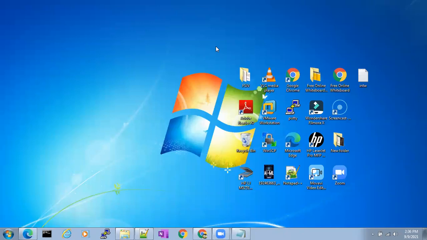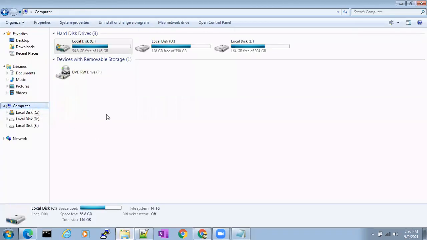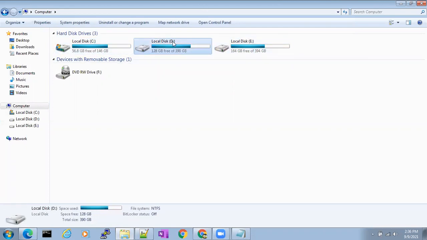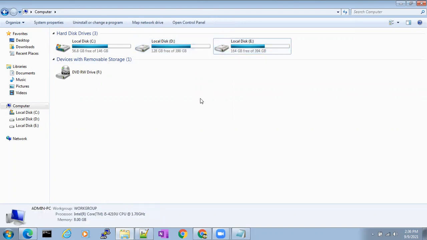Now I have a question. When I download the software, in which drive do I have to download it? C drive, D drive, E drive are there on my laptop. You can download to any drive, so I can keep the software in any drive. Yes or no? Yes, sir. So I can store the software in any drive, D drive or E drive also.